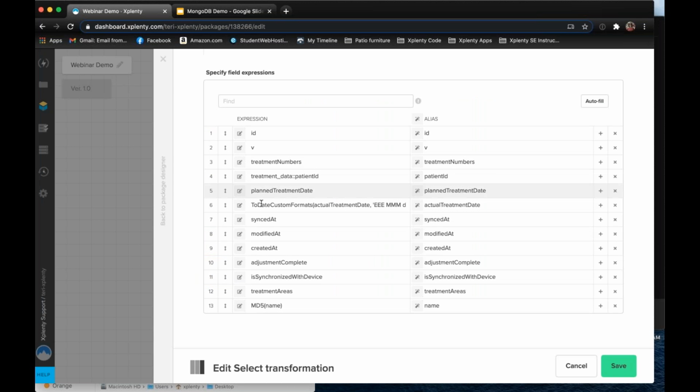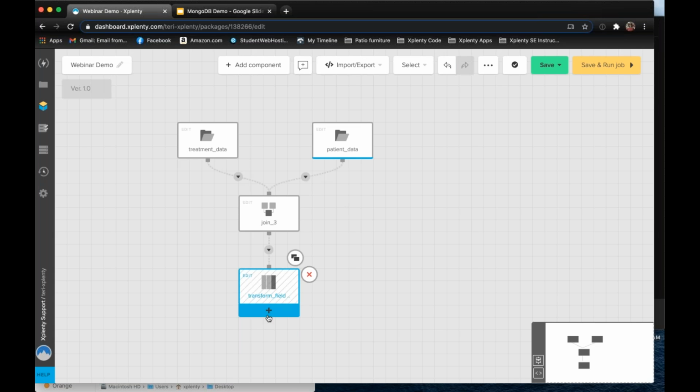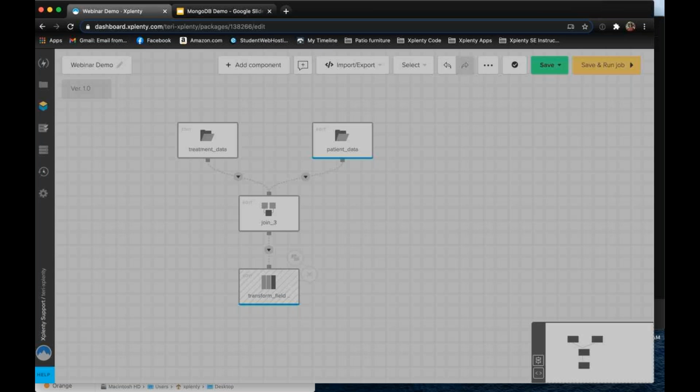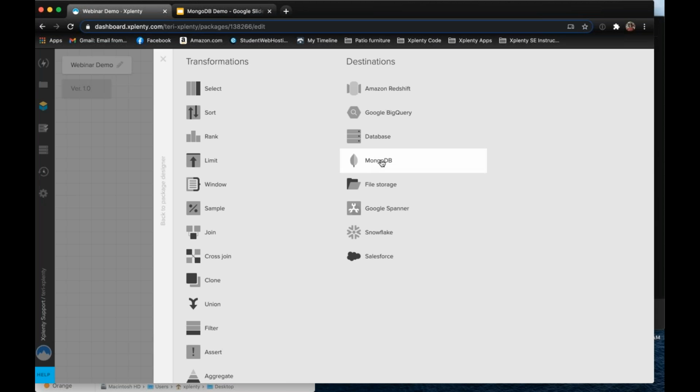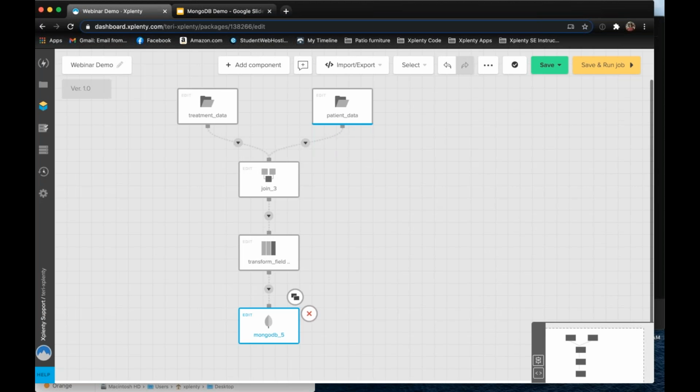So at this point, we've handled our date time field, we've renamed that patient ID field, and we've hashed that name field. So I think we're ready. Let's go ahead and save that. So at this point, our data is in the format we need it to be in order to be able to send it to our Mongo database. Here that is. Let's come down here, and now